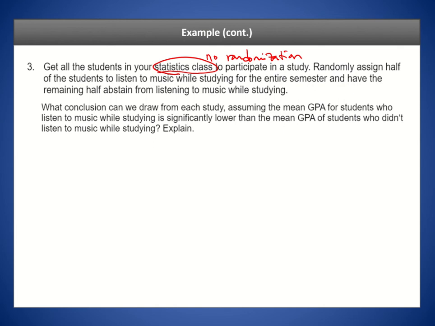So now we have this idea of random assignment, right? So we have a yes to that. So what conclusion can we draw? If this is true, then we can conclude that music would be the cause, due to the fact that we did a random assignment. However, we won't be able to apply these results to the population as a whole. So we'll go ahead and write that. So we can conclude